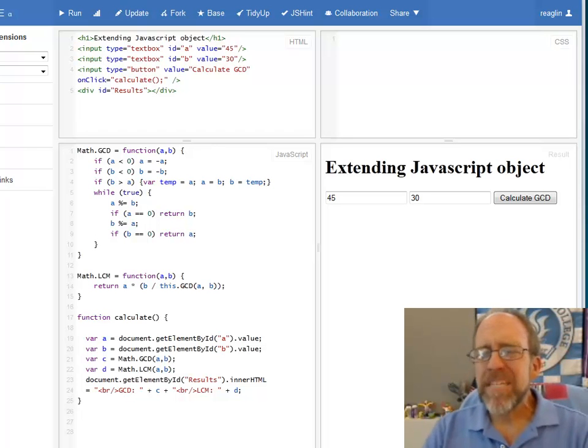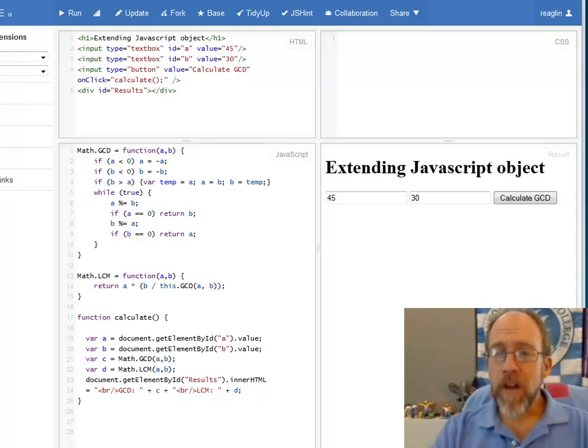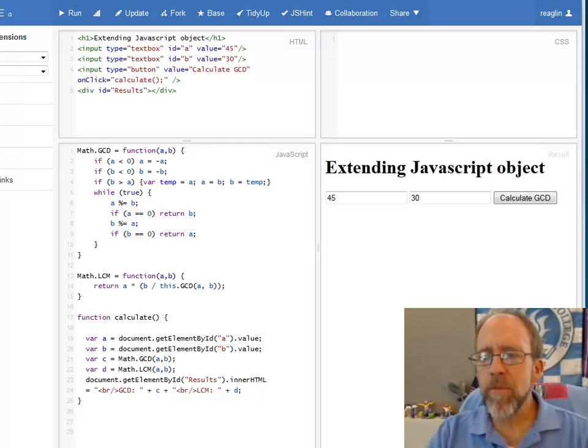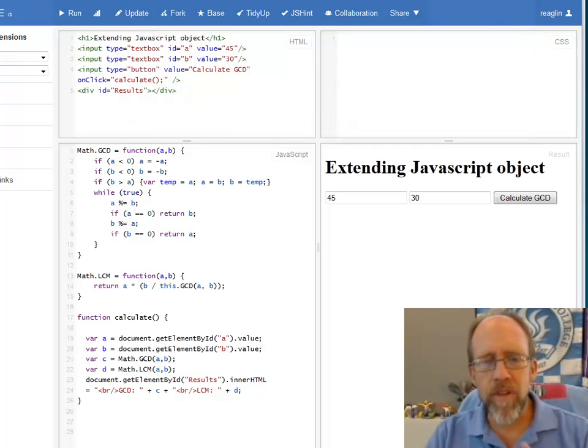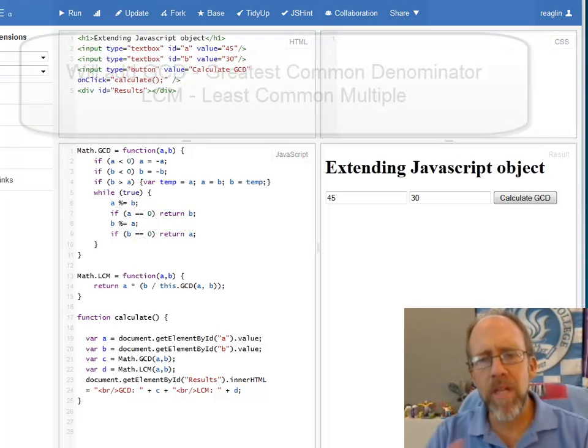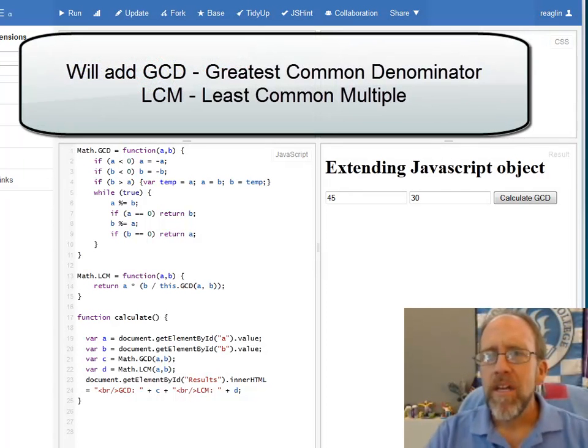Got a nice, simple, amazingly easy JavaScript to do here, but if you do, you can see some of the power that you've got with JavaScript. What I'm going to do is extend the Math class. In other words, I'm going to add new methods, new functions, to the Math class that didn't exist in it already, which is kind of a nice thing to do because the Math class has some good functions available to you, but hey, there's always a need for maybe some more.